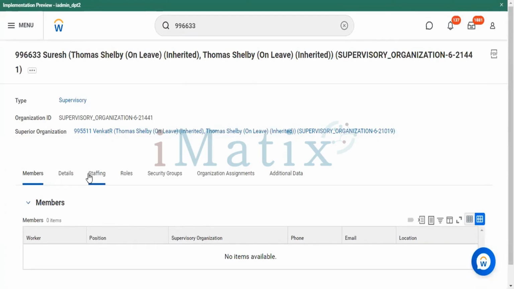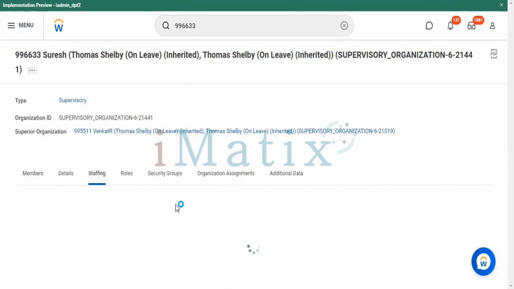Before I do the job management or position management, whatever it may be, first I need to go to the staffing. Under the staffing, what is the option? It has been selected under the staffing module: Position management. You need to decide it yourself. Are you doing the job description for the position management or job management? Yes, I'm doing it for the position management, and directly I'm going to